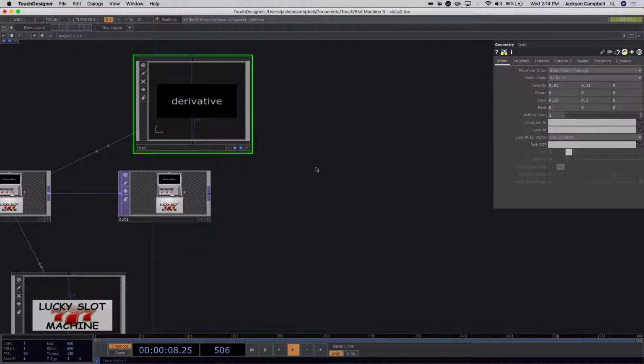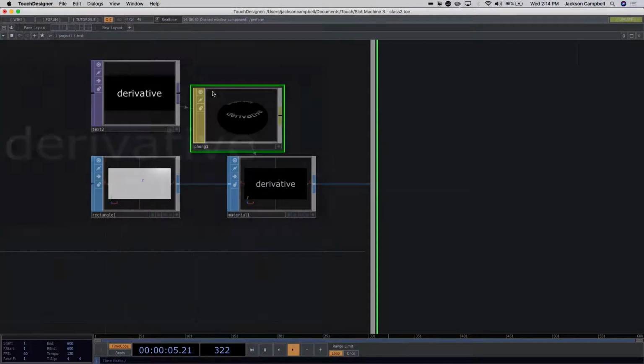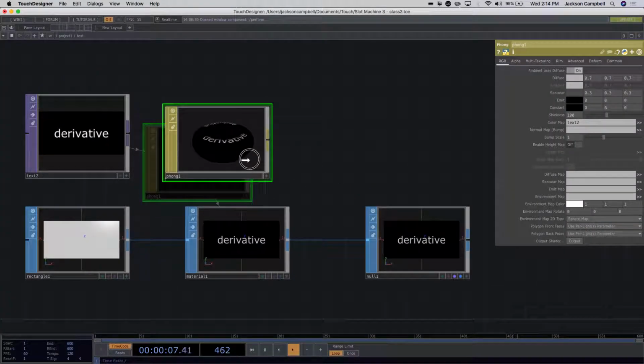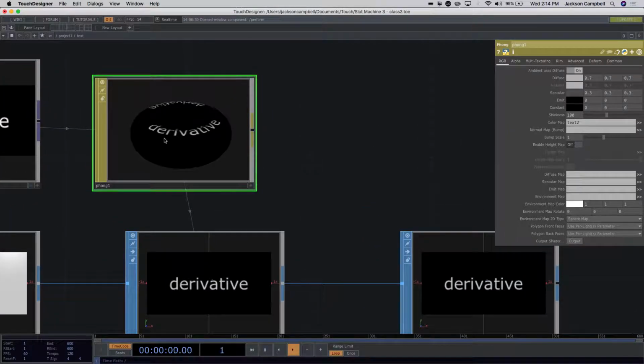All right, so great, we have derivative. Now what we need to see instead of derivative is the bank, right? So let's try this out. Let's go into,